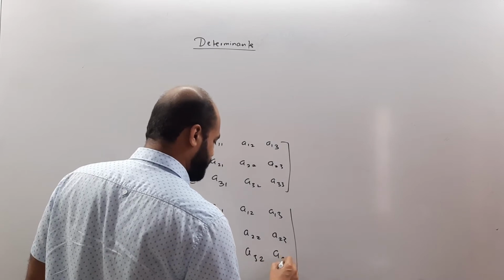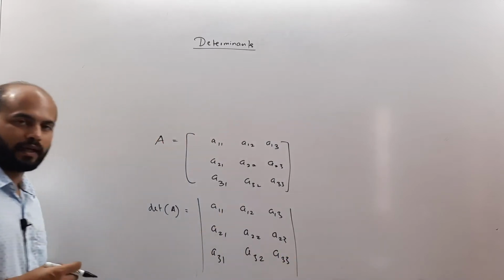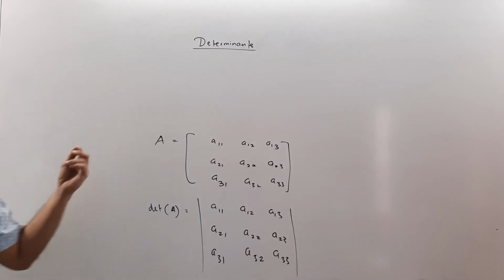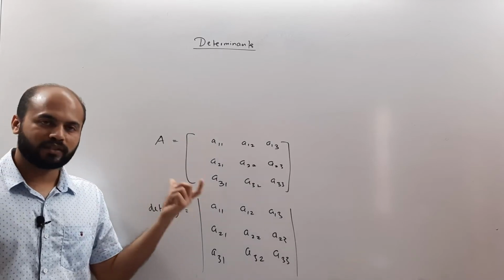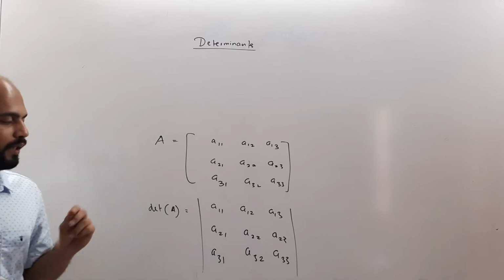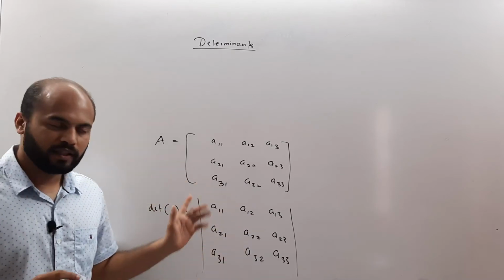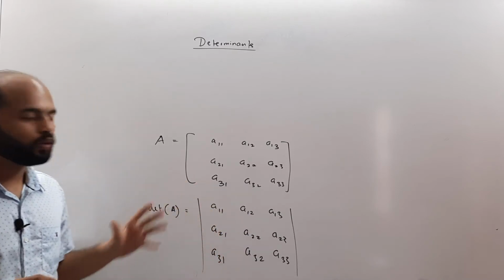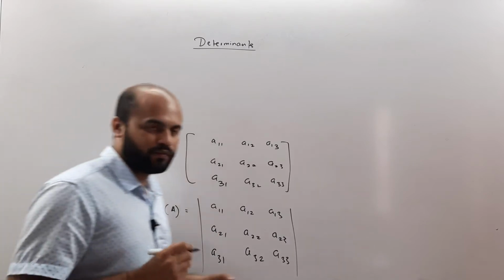Now the basic difference between the matrix and determinant is that in a matrix we represent it as this box itself. We are not assigning it any value. However, when it comes to a determinant, we can calculate this particular value. So now how to calculate this value? Let's get into the basics of determinants.